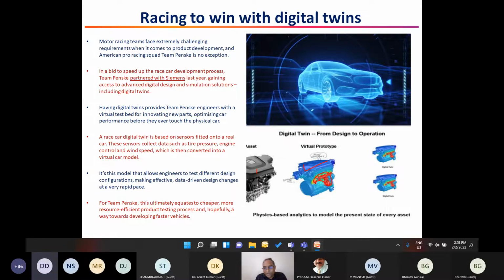These days, since the competition is very tough, you need to release your next version of the car before any other competitor, right? So it's not only giving them an analysis for improving their machinery. This is also adding a lot of benefits as far as their investment is concerned.